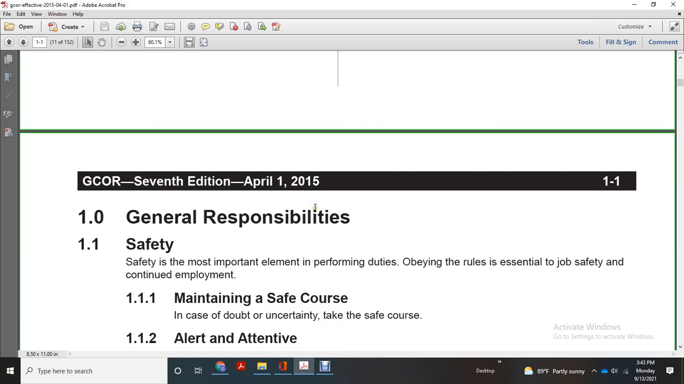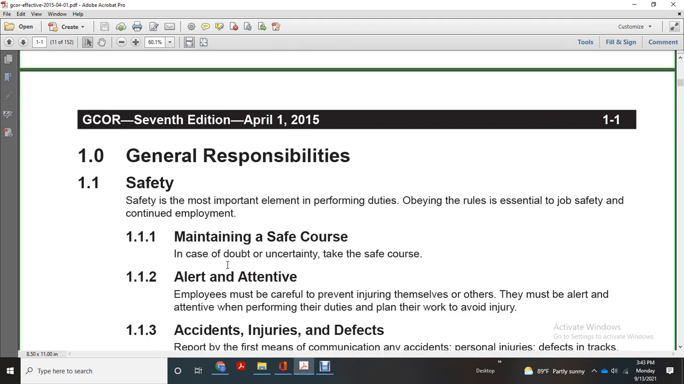So let's go. Chapter 1, General Responsibility. Safety. Safety is the most important element in performing duties. Compliance with the rules is essential for the job. Employees must maintain a safe course and ensure they take the safe course,